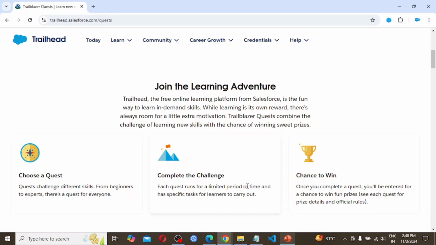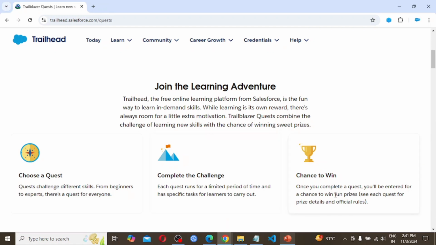Complete the challenge. Each quest runs for a limited period of time and has a specific task for learners to carry out. So any quest coming on the Trailhead platform is for a limited time period, and we have to complete it in that time only. Then we are able to get the prizes.